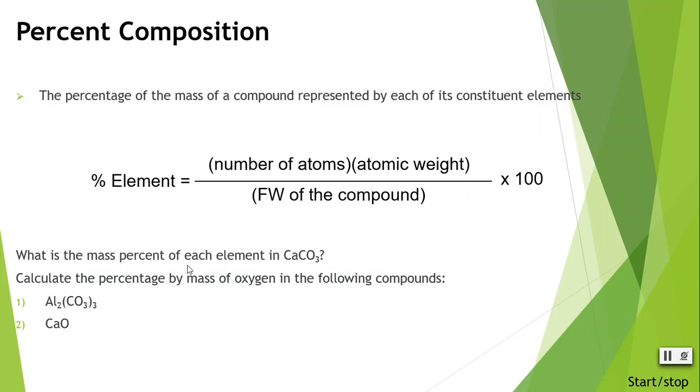So for example, if I asked for the mass percent of each element in calcium carbonate, let's go ahead and start with doing the percent oxygen. If I wanted to know the percent oxygen by mass in this compound, look at the number of oxygen atoms, which is 3, multiplied by the molar mass or the atomic weight of oxygen, divide by the molar mass or formula weight of the compound. So 1 calcium plus 1 carbon plus 3 oxygen should give you 100.09. That division multiplied by 100 gives you